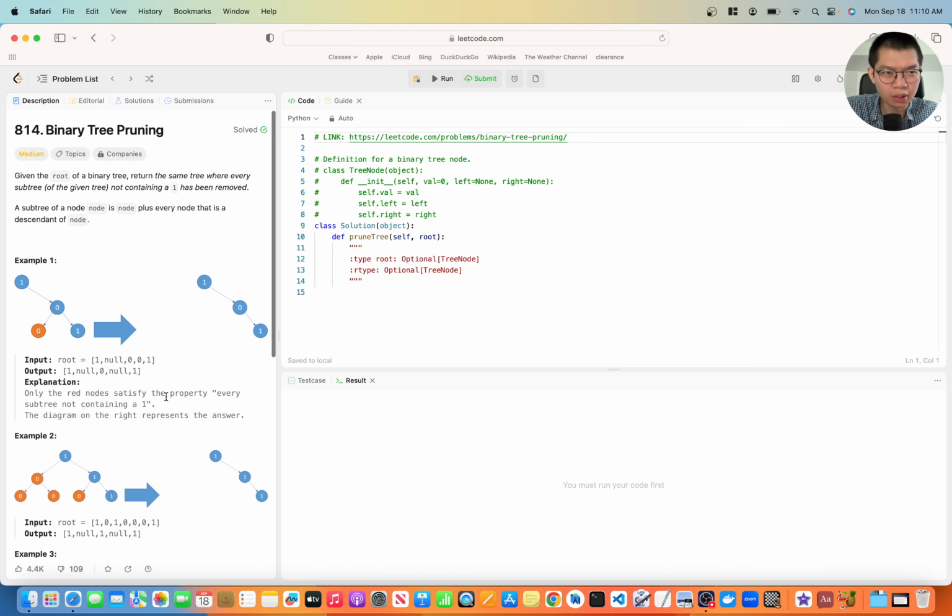I'm here to do LeetCode problem number 814, binary tree pruning. Let's read the problem. Given the root of a binary tree, return the same tree where every subtree of the given tree not containing a 1 has been removed. A subtree of a node is node plus every node that is a descendant of node. Essentially what you're doing is you want to remove every subtree that contains all